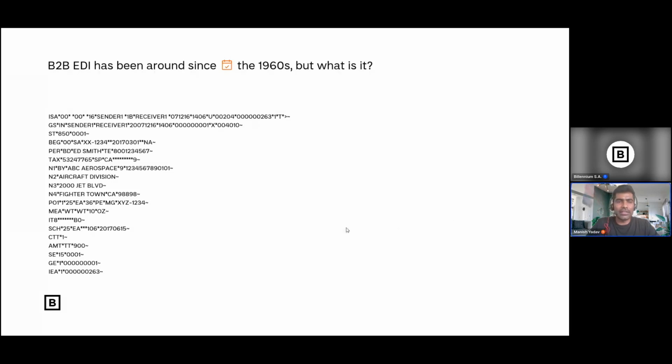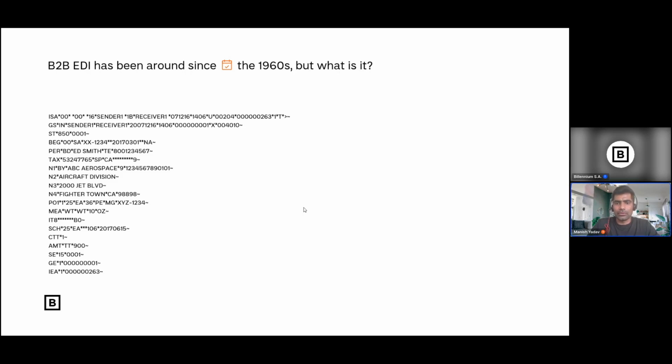Okay. So X12 is an ANSI standard, developed by a set of American businesses who came together and developed a format called X12 format. Yeah, so you need to use FFD, or flat file schema, or ESL file as we call it. So FFD is used for copybook, but for EDI we call it ESL.